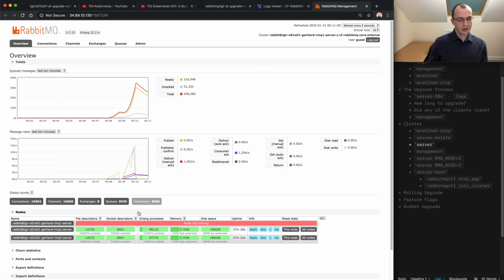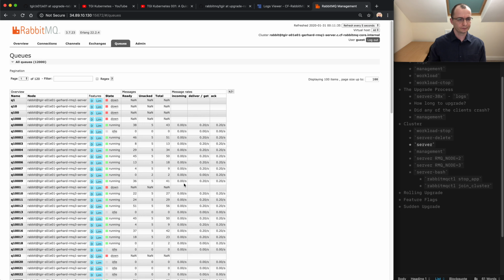So we can see that from the queues that should be available, 9,530 queues are available. That number doesn't quite look right. I would expect 8,000 queues to be up and running. Why? Because this node is down, so any queue that has been running on that node should not be available. So I think these queues, some of them, there we go, we can see that they're down. We know that more are defined, but we can see here 12,000 queues, but they're down because,